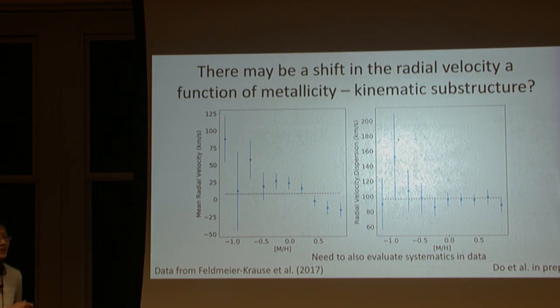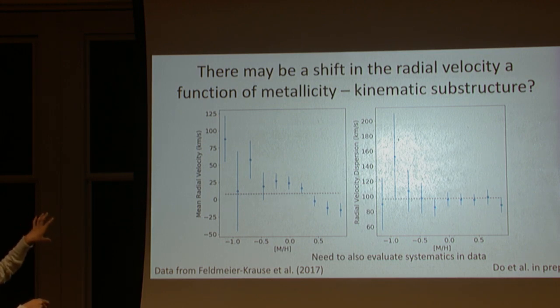How many objects are in your most metal-poor bin? In this one, there's about 7 objects. So what's the chance, if I have a truly similar population and I just pick 7 things randomly, that my 7 give a mean that's that different? Yeah, that's what the error bar is. So that would happen 1 in 6 times then, is that right? Right, so I think